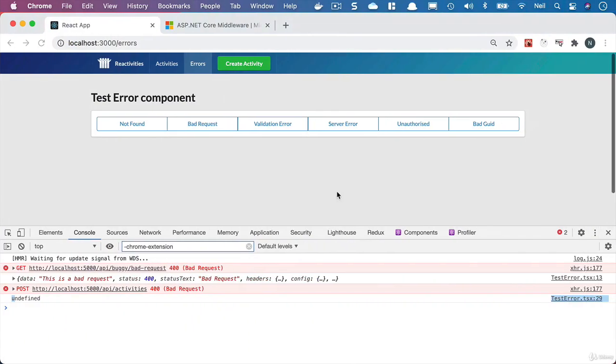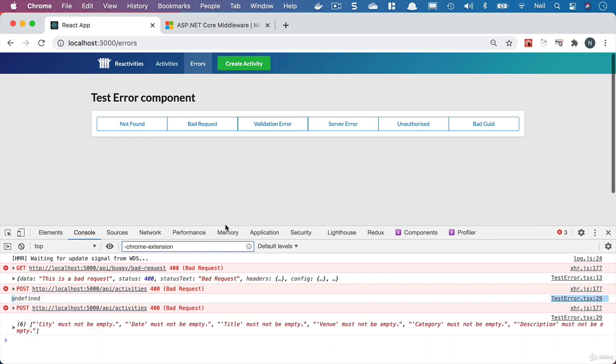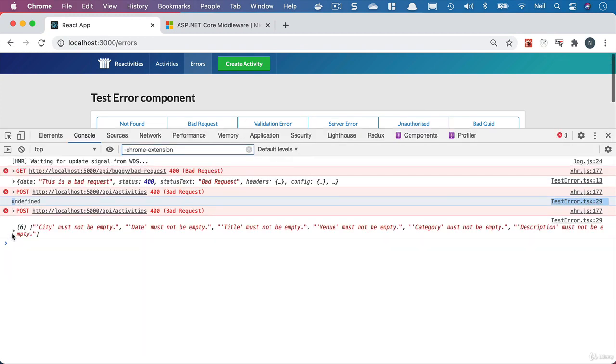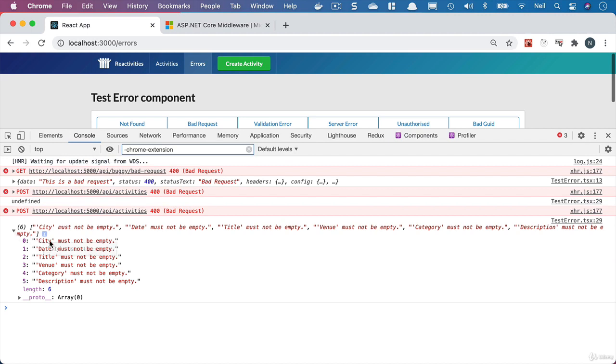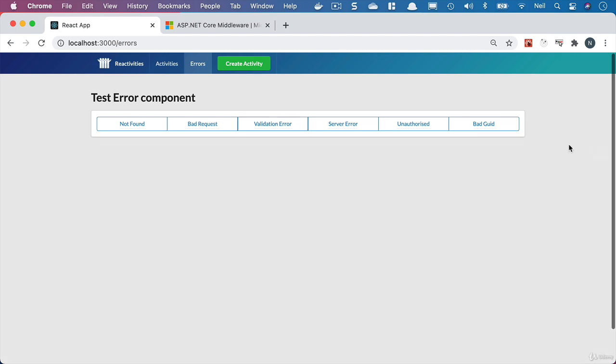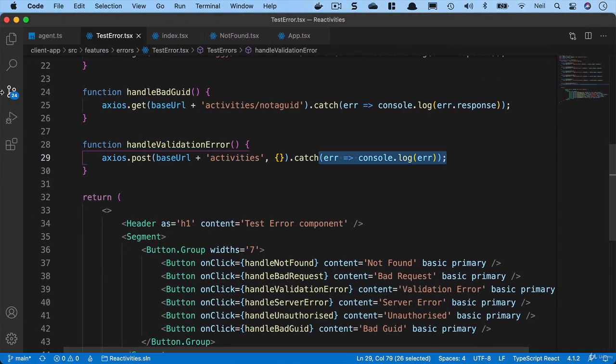So if we go back and take another look and click on validation error again, this time what we see is the array of the different validation errors. And we'll be able to easily use this inside our component to display the different errors. So what we'll do is we'll create a component to display validation errors, and we'll go back to VS Code,